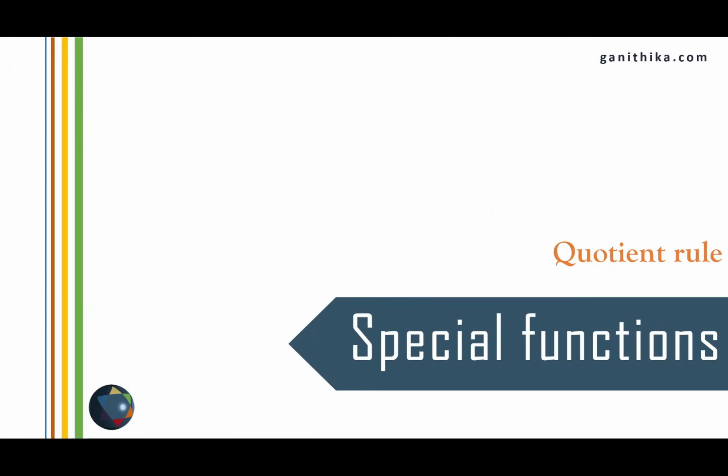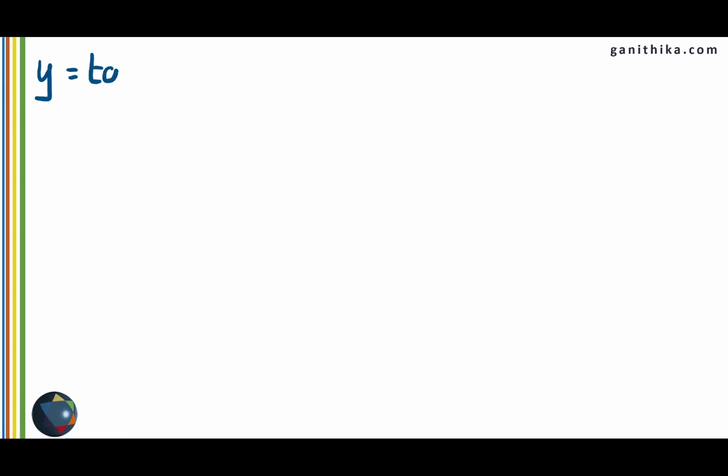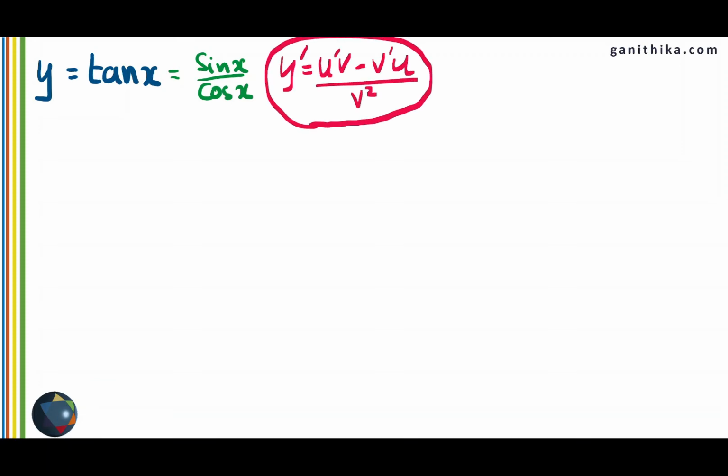There are some special functions that can be differentiated using the quotient rule, which may not look like a quotient in the beginning. For example, tan x. It's a single function. It doesn't look like a quotient function, but we can change this into a quotient function like this: sin x over cos x. And then we can say that u is sin x and v is cos x, and substituting in the formula